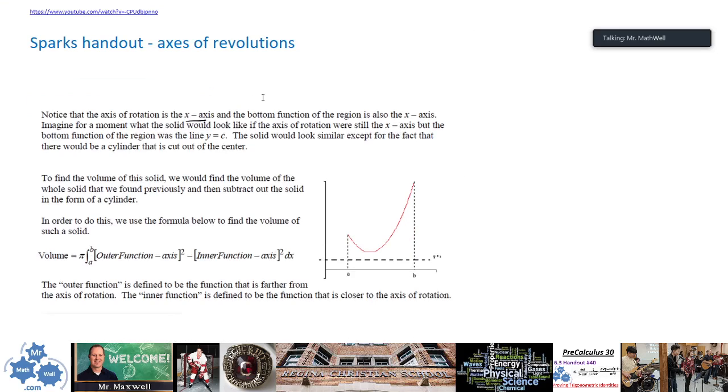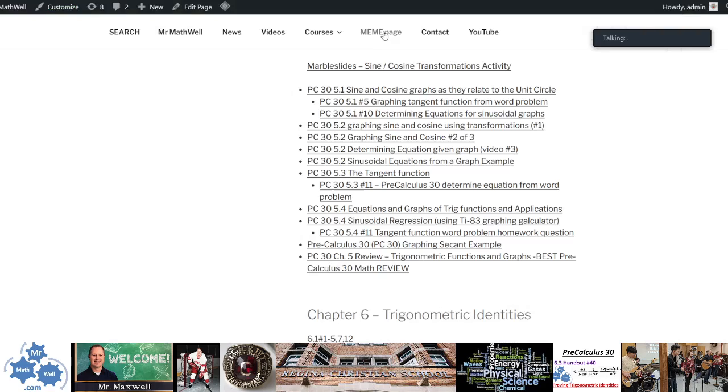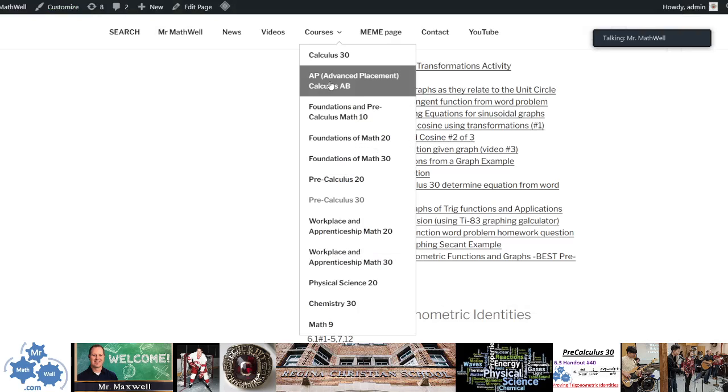So credit to Mark Sparks. We're going to use some of his material here. He's awesome. This material is awesome. You should have a handout in front of you. If you don't have this handout, it is on my website. This is pre-calculus. If you go to mrmathwell.com,